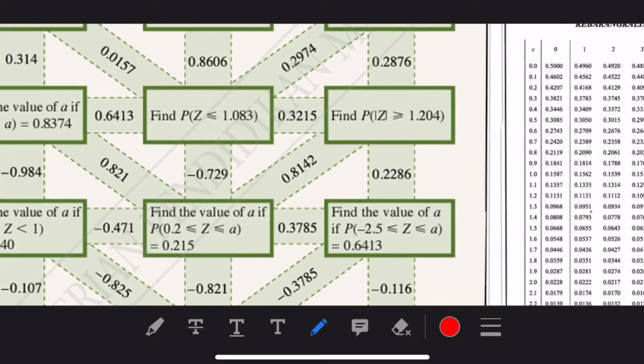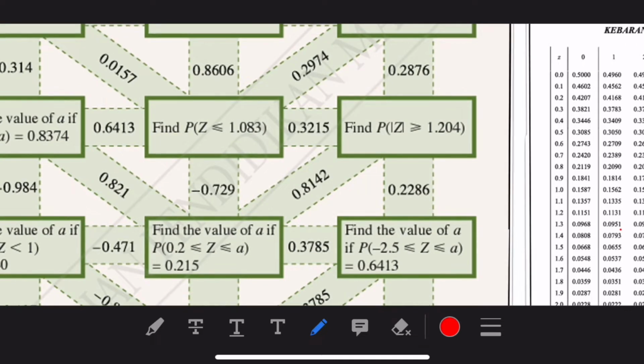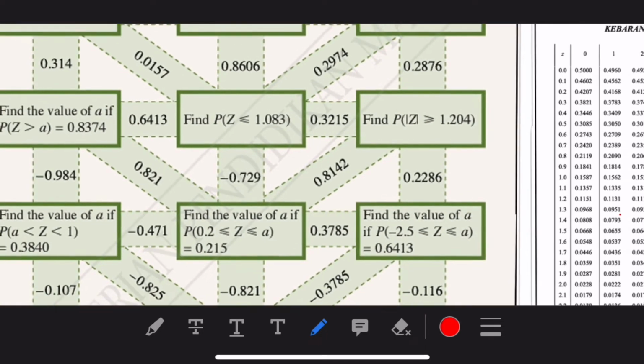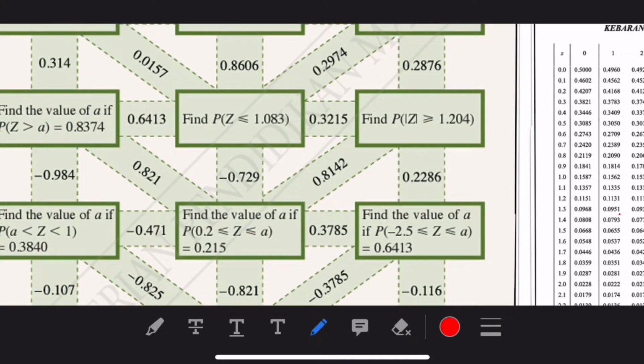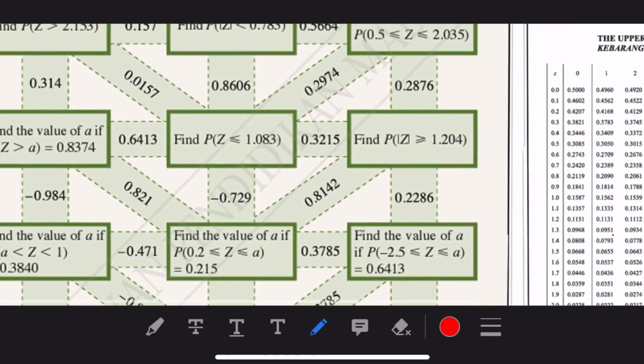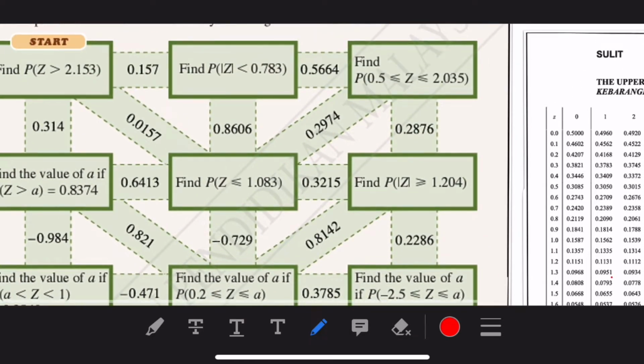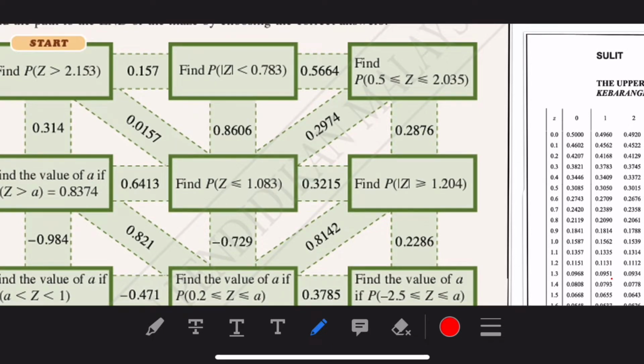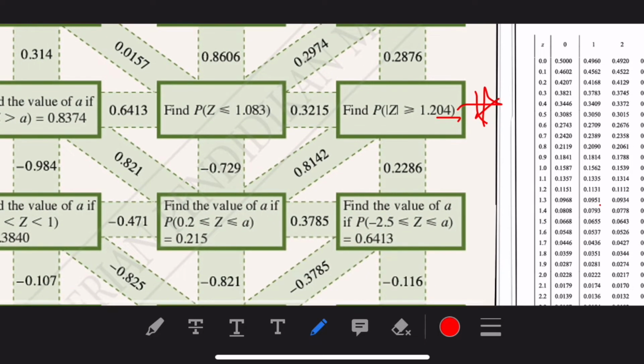Today I would like to continue with part 2 for finding the z-score from the probability value given. I have actually completed part 1, whereby the question gives the z-score and asks you to find the probability value. So until here I stopped. Today I would like to start with